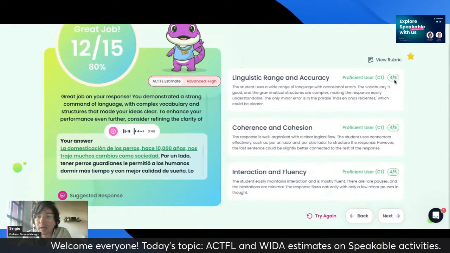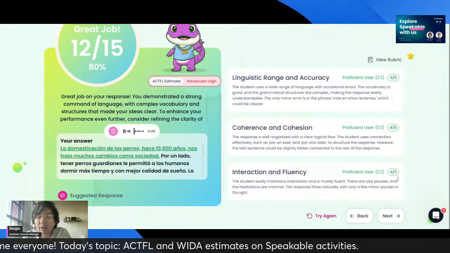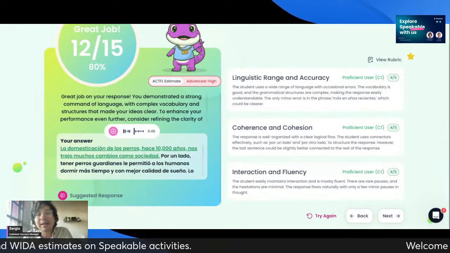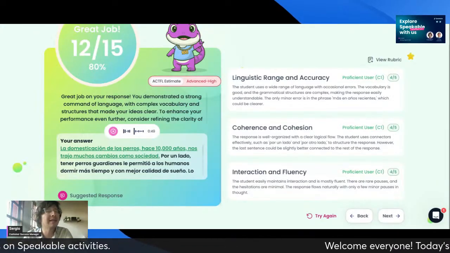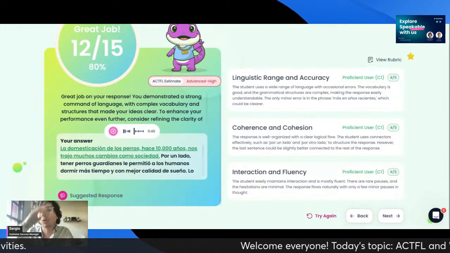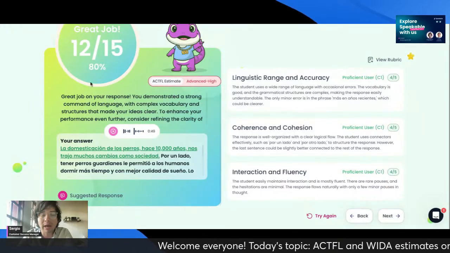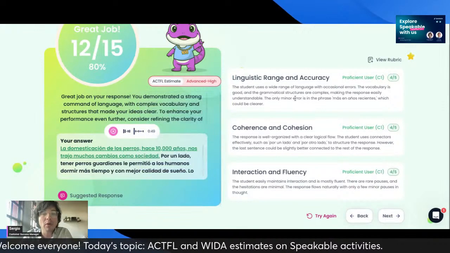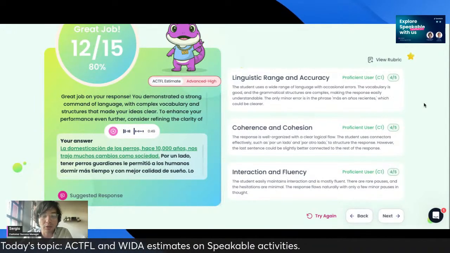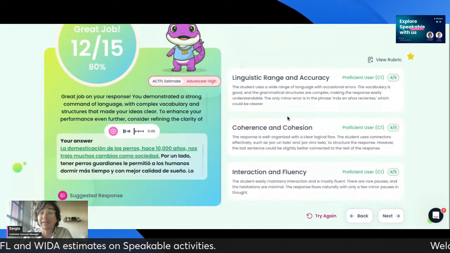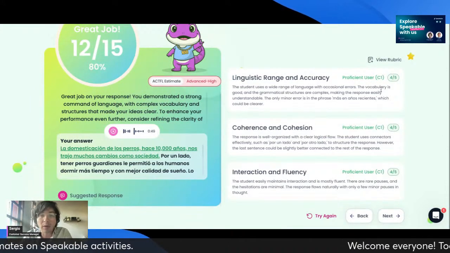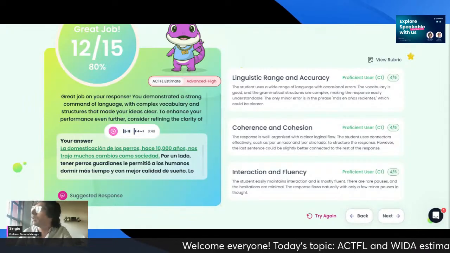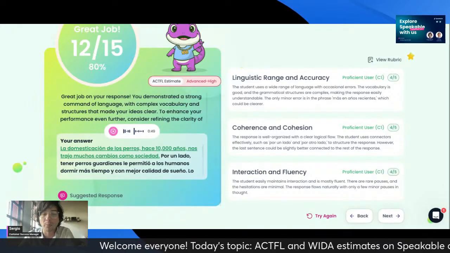As you can see, I got a C1, C1, C1 in all of them. I agree with this. Even though it was complex, it did not show the language command or control that would have given me a 15 out of 15. This is very strict. Teachers know that getting a C2 is extremely hard. Look, I am a native Spanish speaker, so in theory, I should be getting a C2 consistently. But it is so difficult to